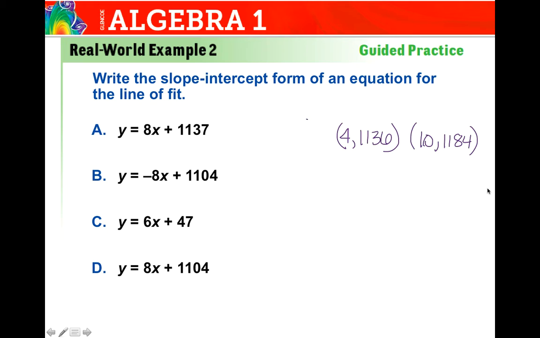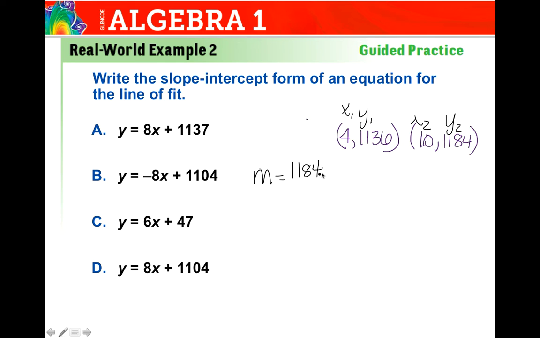So now we want to write in slope-intercept form an equation for the line of fit. Since we were able to identify from the graph and the table what our points were, we can go ahead and do this in an appropriate manner. So first things first, we need to find our slope. So I'm going to use this as x1, y1, x2, y2. So m equals